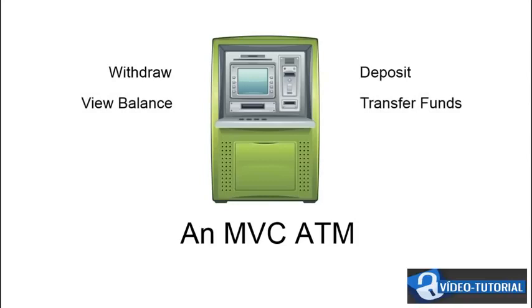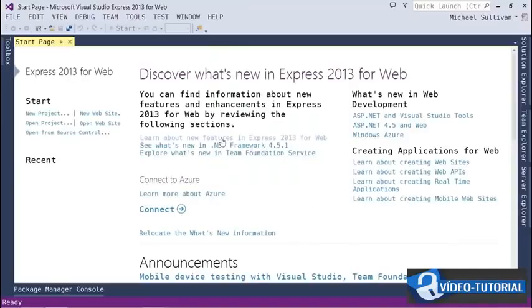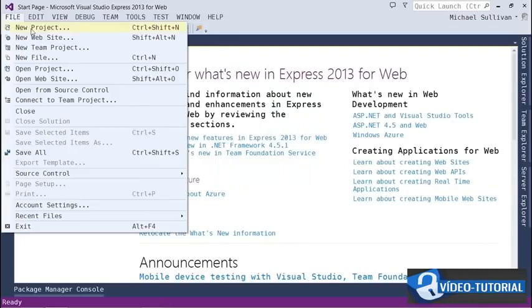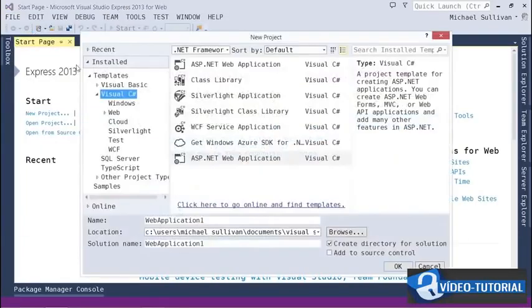Before we get started with the ATM, I'll introduce you to this concept of controller actions in the next video. In this video, we'll look at how requests coming into your MVC application are handled by actions, which are methods of a controller class. So I have Visual Studio Express 2013 for Web open, and I'm going to choose File, New Project, and then under Visual C#,